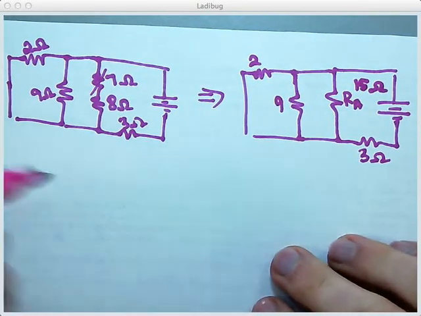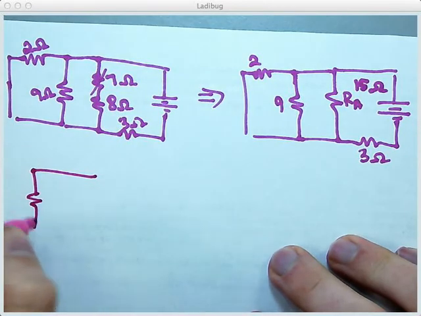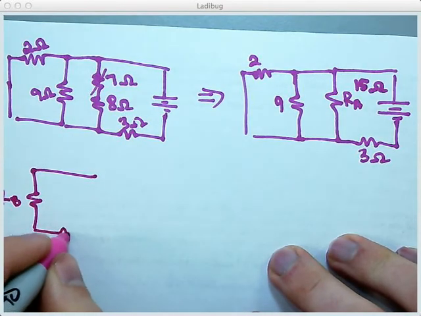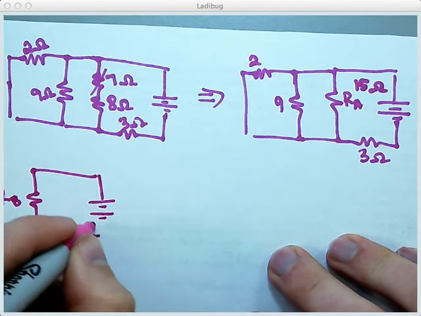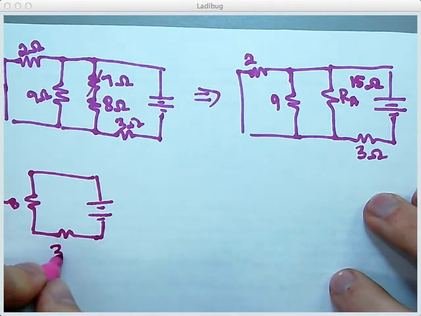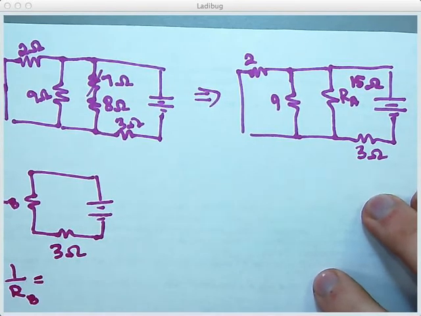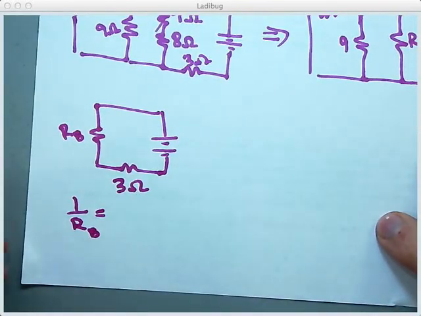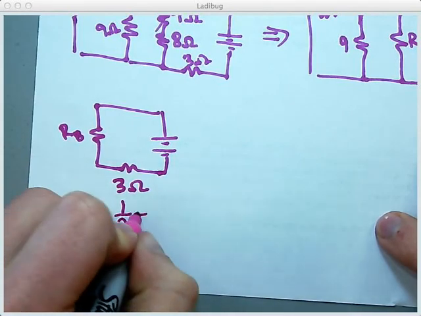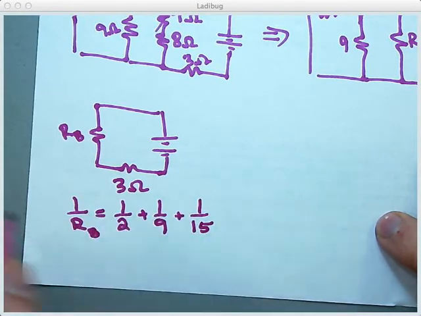All right, so that's going to combine. Just get rid of those 2. It's going to just combine into RA. Yeah, and we're going to call that RB. When I said combine into RA, what I mean is they'll be in the same spot as RA. Okay, so 3 ohms, and so 1 over RB. Okay, 1 over RB is going to be equal to 1 over 2 plus 1 over 9 plus 1 over 15. So RB,